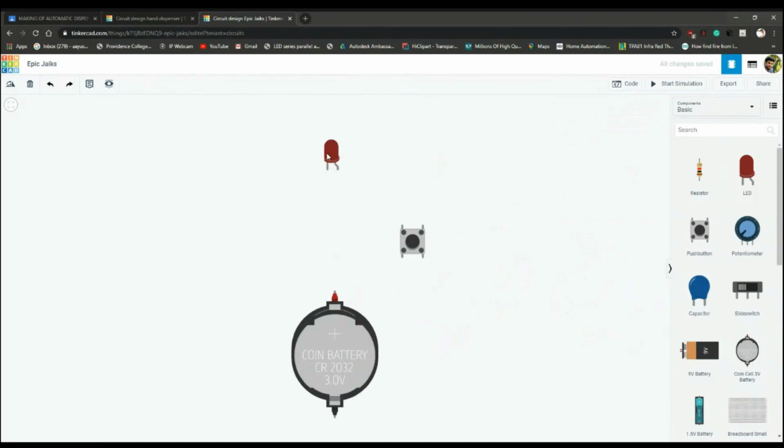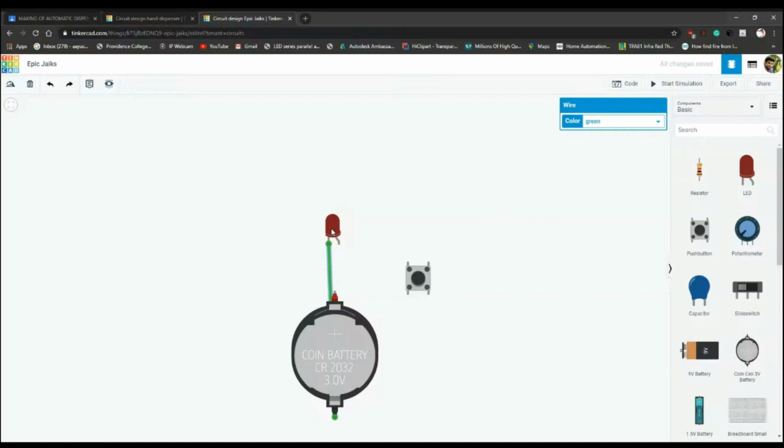What I'm going to do next is the wiring connections. I'm going to click on this negative, and then click on the negative of our LED. The next thing is that we have to connect it through a switch.